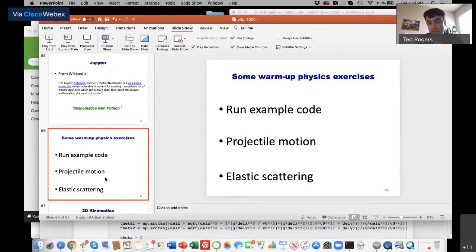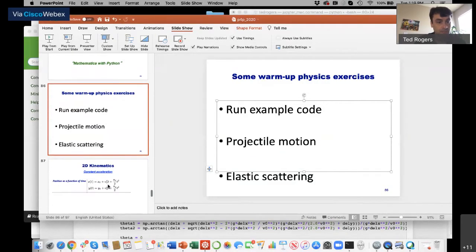A project involving projectile motion, which is one of the staples of introductory physics classes. Okay, and then eventually we'll get to one that's maybe slightly more involved after that, one involving elastic scattering of subatomic particles. Okay. So let me just describe this second project here a second, and then we'll move into breakout rooms.